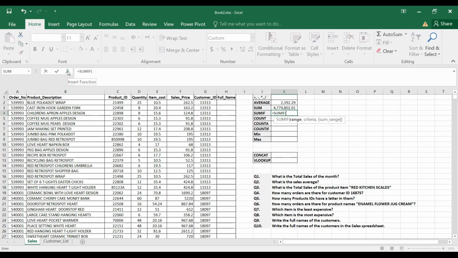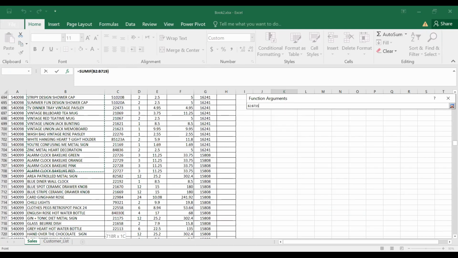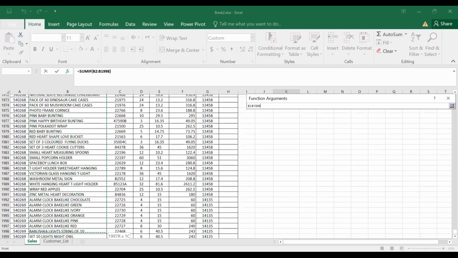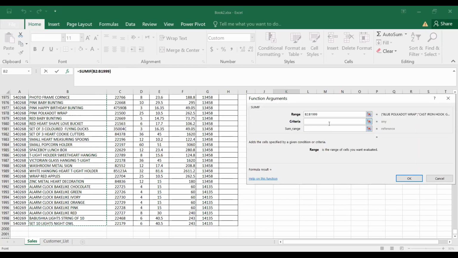Just double click it, and you can see here now it has a range and a criteria and a sum range also. Like these are only names, so we cannot sum names. We have to sum some numeric values, right? The price of that item. So we have to give the range as this because the criteria that we have is a name. Okay, it's a string. It's not a numeric value. Okay, so for the criteria,